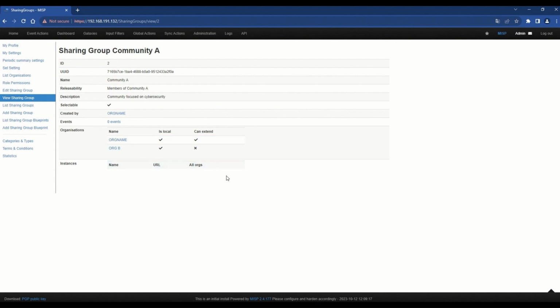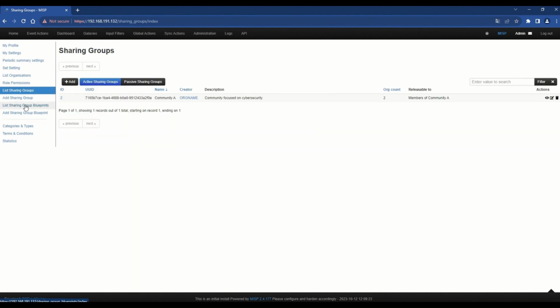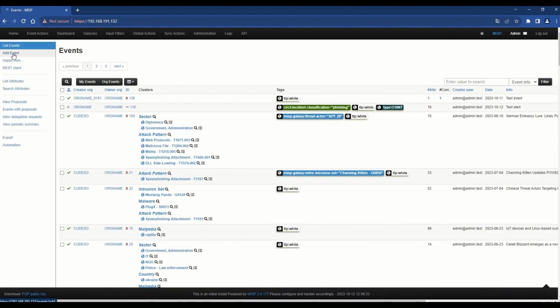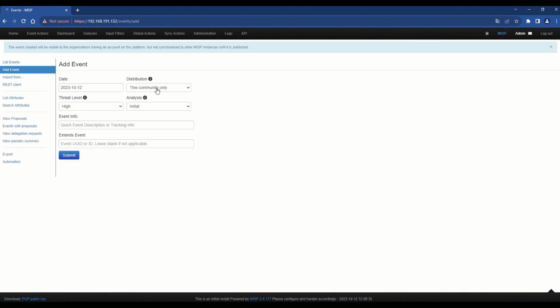Now, the sharing group has been created, but the events won't be propagated towards that group until we select the right distribution mechanism for a certain event. In fact, every time we create a new event, we have the distribution setting that contains the sharing group option. And from there, we can select our newly created community. So, by the time you publish this event, it will only be propagated to the recipients that are part of